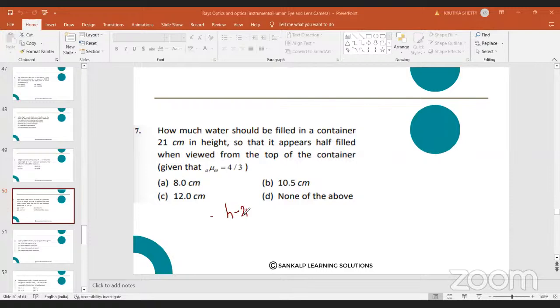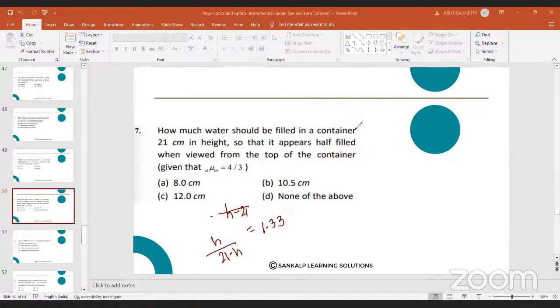So we can use the formula, that is real depth divided by the apparent depth. So what is real depth here? The real depth is h. What is the apparent depth? The apparent depth is, sorry, it is 21 minus h, which is equal to the refractive index value. So the formula is real depth divided by apparent depth, which is equal to the refractive index. Refractive index 4/3, that is 1.33. So if you simplify here the h value,